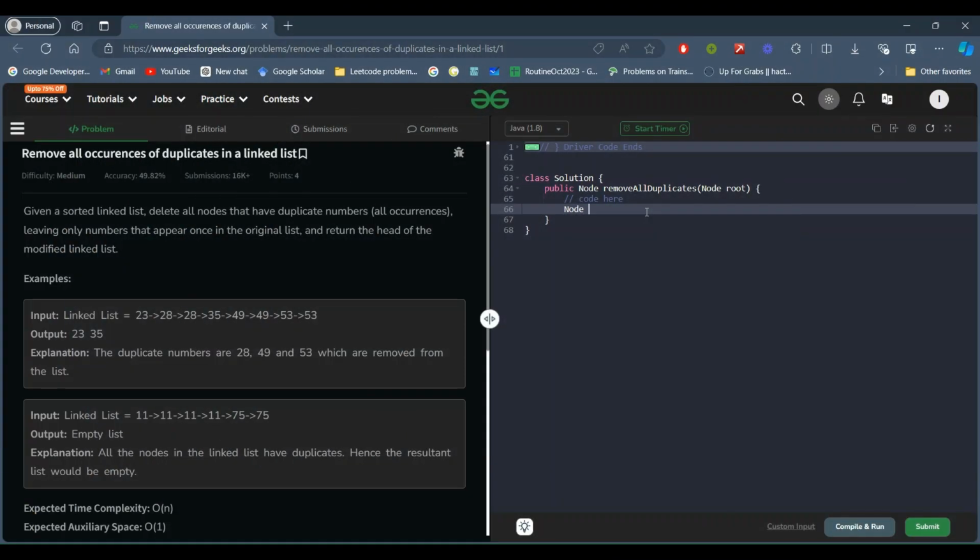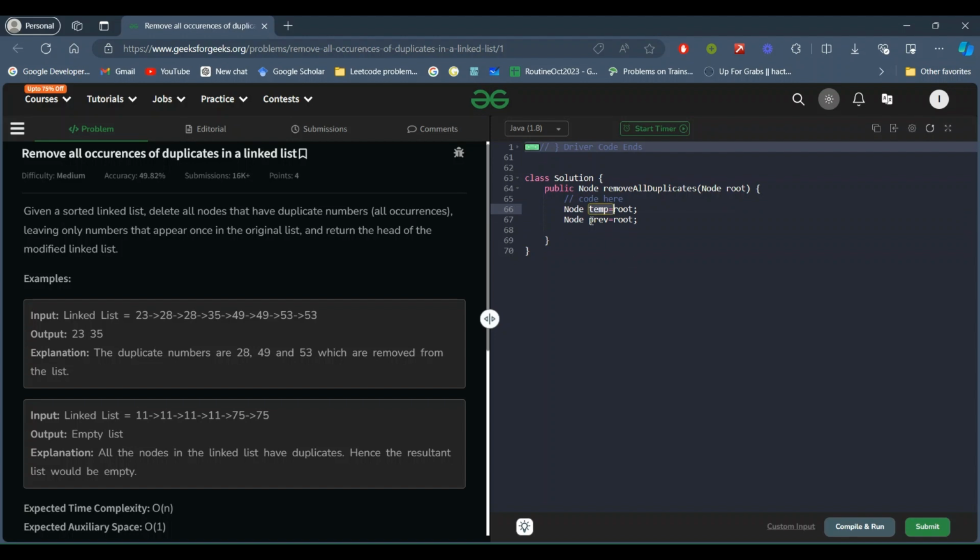Here I am going to take a temporary node which is root only, and then I'm going to take a previous node, and that is going to be root only. We are going to traverse the root node, and we are going to store the numbers which came once inside the temp node.